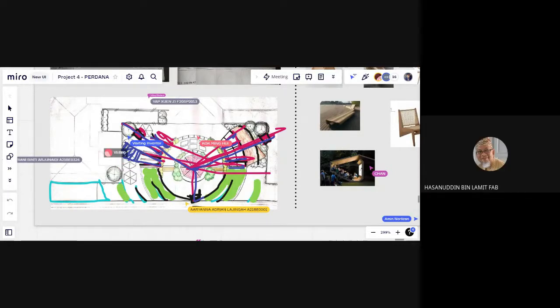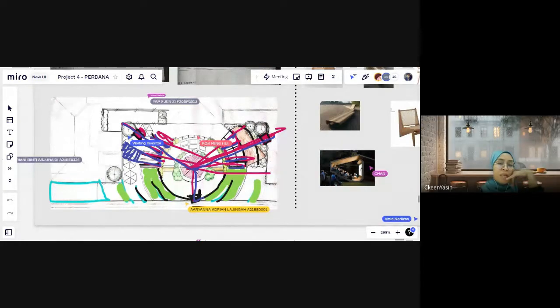So the pagoda is part of the radius line, but whatever it is, it has to start from the center. It has to follow the radius. Whenever you try to put a design or create a space, the line that you created has to start from the center and then radiate out. It can't suddenly just appear. It cannot be like that. Alright, and then this